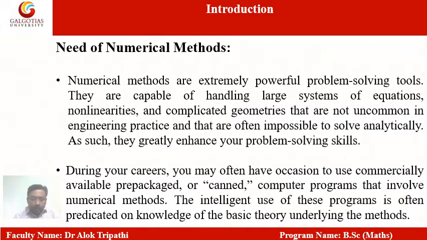Now, if we are given one system of linear equations in which we have three equations in three unknowns, like 2x plus 3y plus 5z equals 4, x minus y plus z equals 1, x plus 2y plus 3z equals 4. So by using the known techniques of linear algebra, we can easily solve this system of equations and find the values of the unknowns. These are x, y and z.